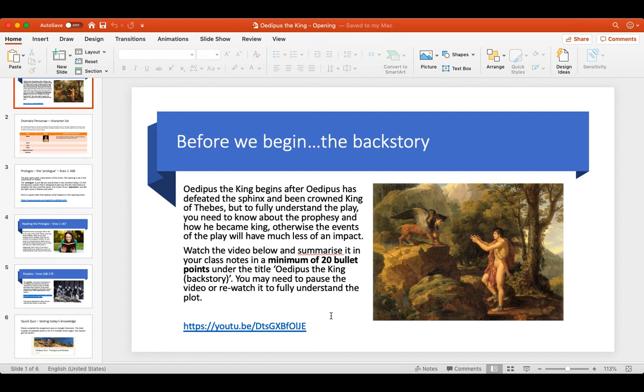Just of the events, so no analysis or anything like that. Just 20 bullet points of what happens in the backstory. 20 bullet points should be enough to cover everything and make sure we don't miss important details out. You can call it Oedipus the King backstory, all right? And that's the first task. So the first thing, watch the video and then give me a 20 bullet point summary of the backstory.